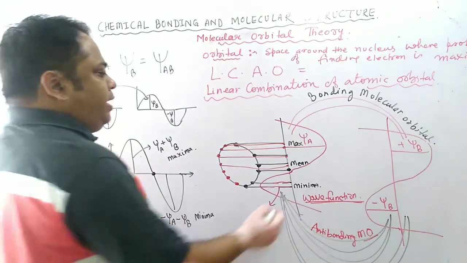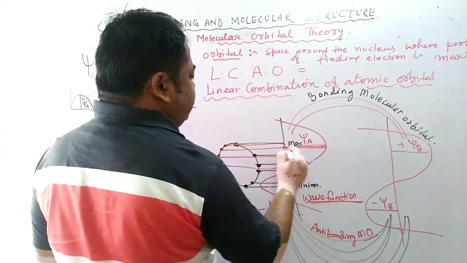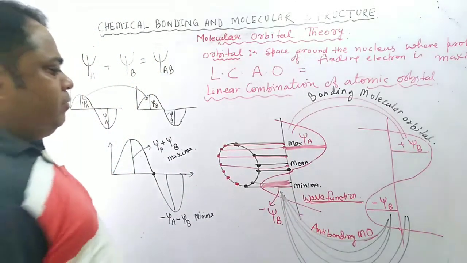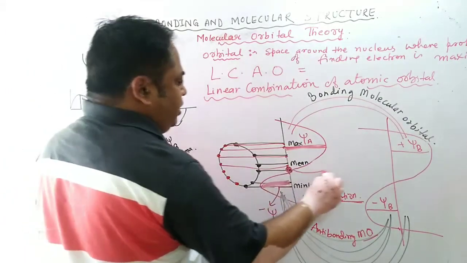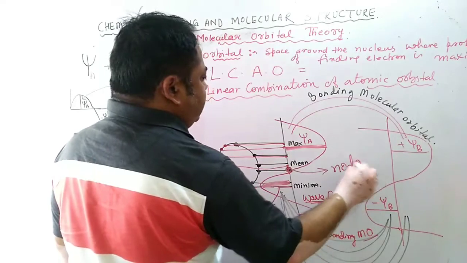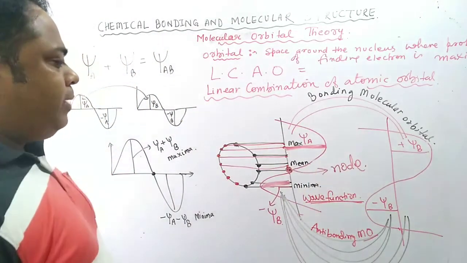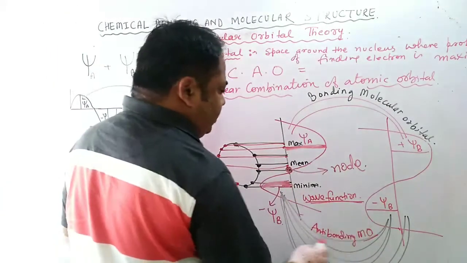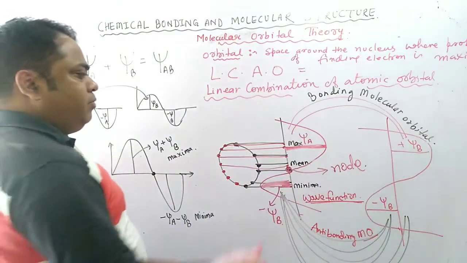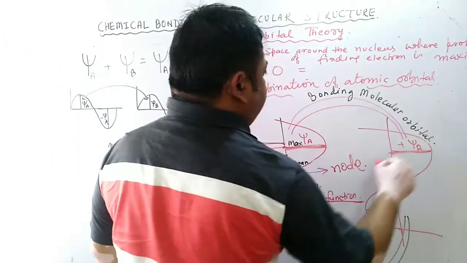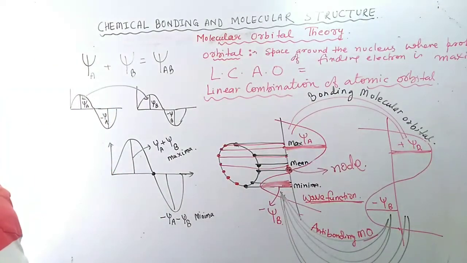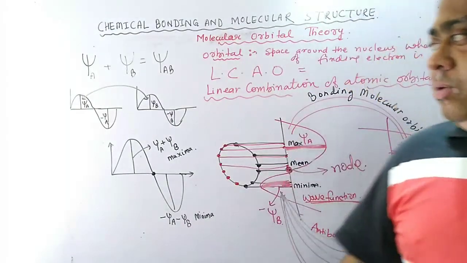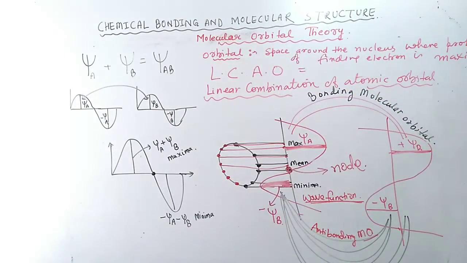So this maxima is shown by this amplitude, and where there is a maxima there will be a minima, and where there is a maxima and minima there will be an average point called the mean. So this mean point shows a node, this shows the bonding orbital, this shows the anti-bonding orbital. So anti-bonding orbitals combine to form an anti-bonding molecular orbital, and the same phase atomic orbitals combine to form a bonding molecular orbital. So this was the relation of the wave theory along with the molecular orbital theory, that is how the bonding and anti-bonding molecular orbitals form.